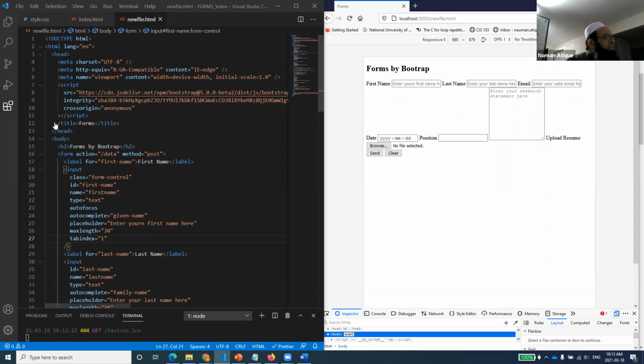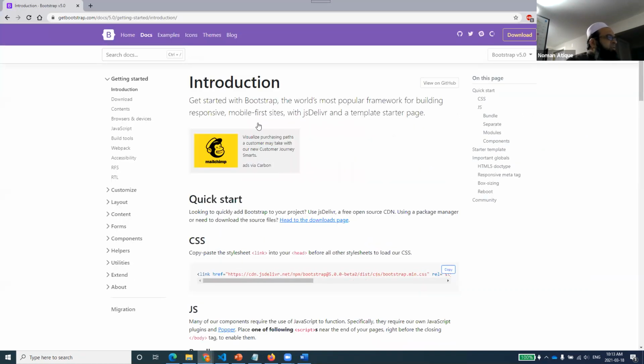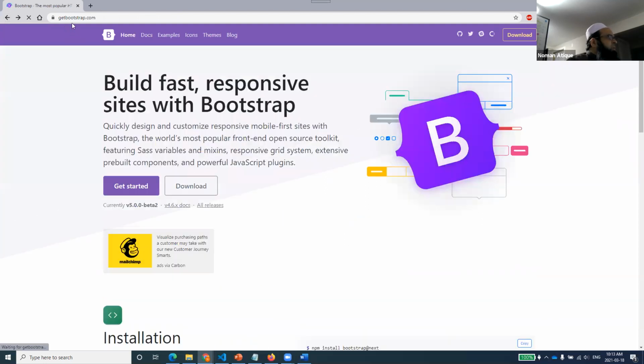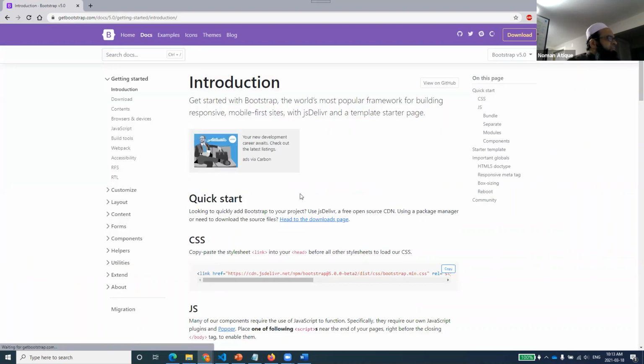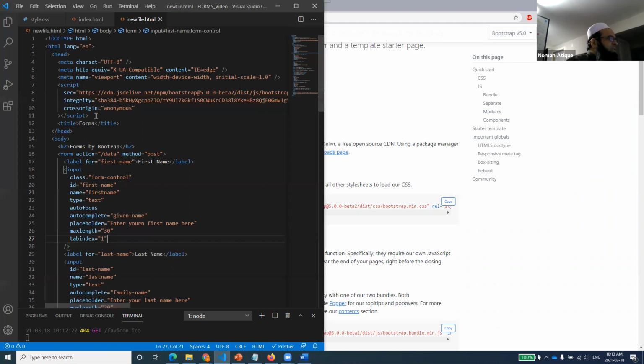How to copy the Bootstrap CSS reference? Okay, I'm telling you again. First of all, we have come to getbootstrap.com, and I have come to the Get Started link. In Get Started, I copied this CSS from here and pasted it over here.